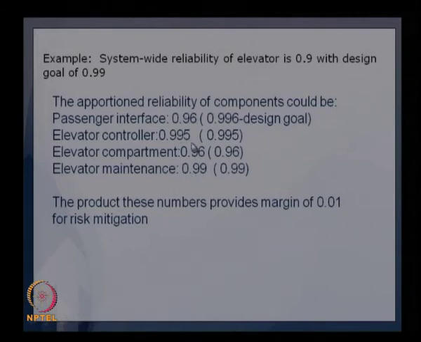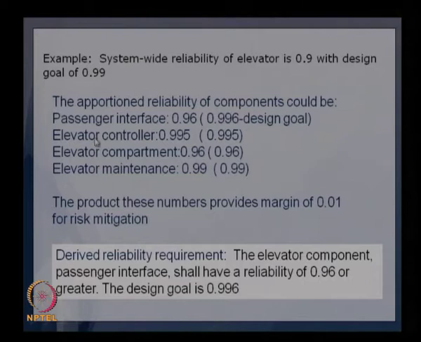And how do we get these values? Again, it comes from various factors. If you know the particular component you are using, you have to use the reliability value provided by the manufacturer of this particular component. Or if there are multiple systems coming into this one, we need to look at those systems and their reliability values and accordingly fix a value for this one. Again, this is to be done by the design team. So there is a little bit of subjectivity in this, but still it is a simple method. That is why it is used for the system requirements and allocation of the system-wide requirements amongst the components. That is the way the apportionment method works.